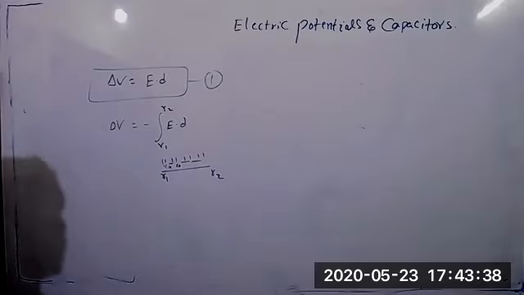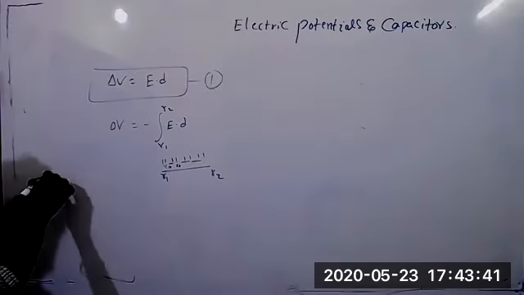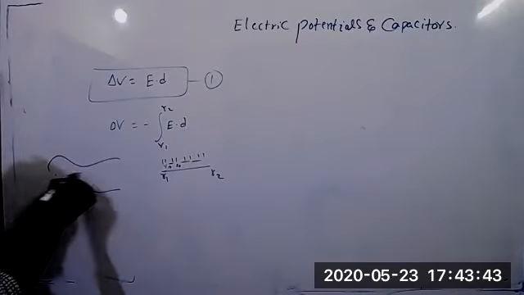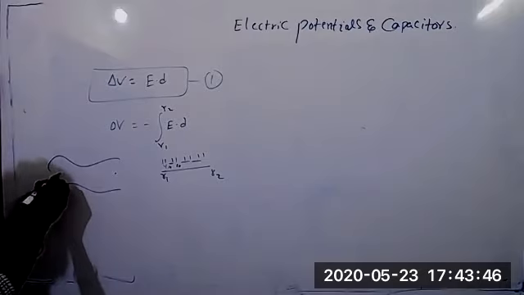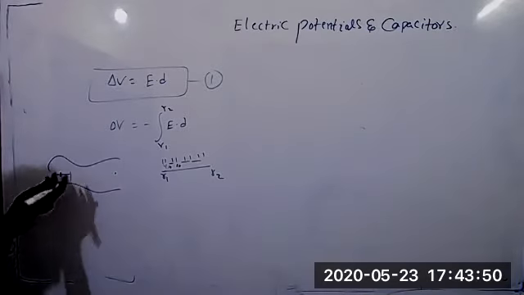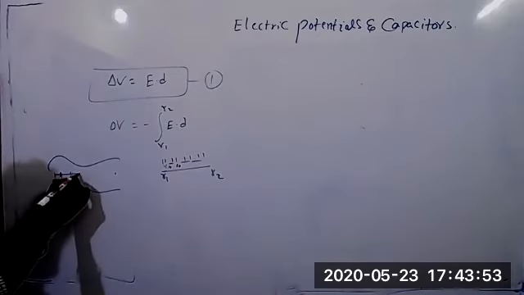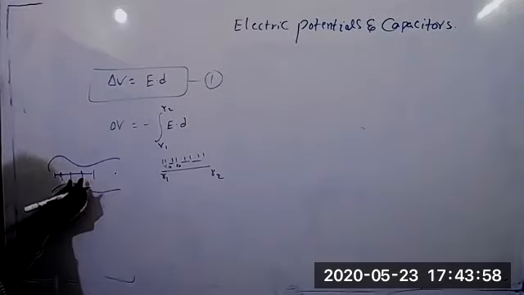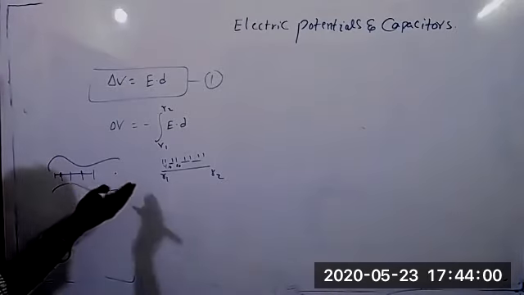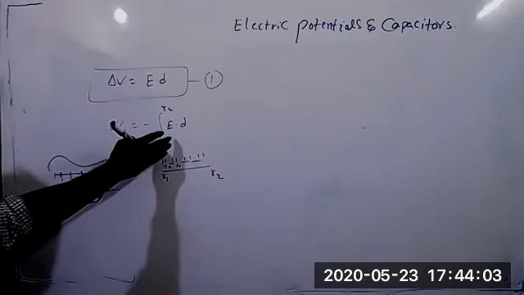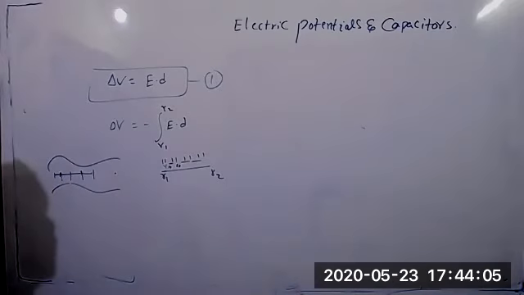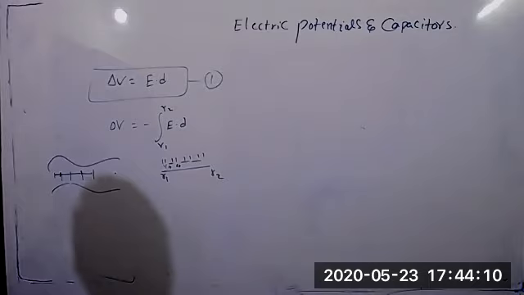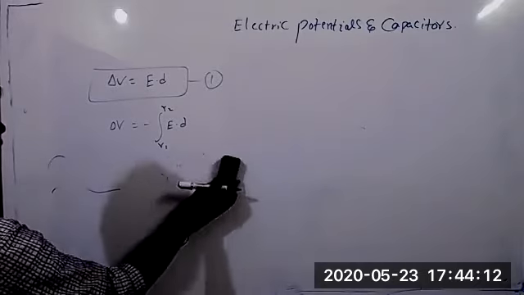Why? Because in the non-uniform electric field, it is not constant when you are taking from here to here. But when you are taking small distances, in this distance electric field is constant. Again, you will consider one more point, and in this point electric field is constant, but not total. So that type of times, we have to use this formula. Very important. Problems are there on the topic. When they have given non-uniform electric field, we can calculate.